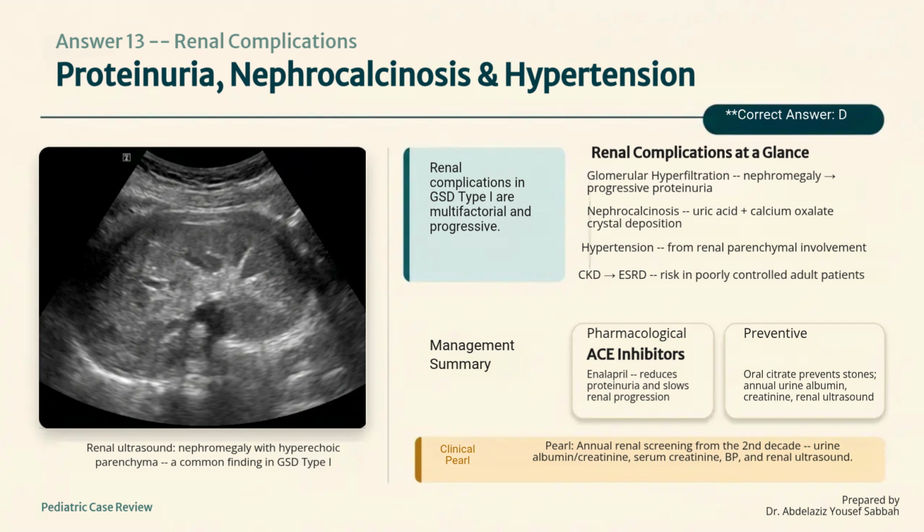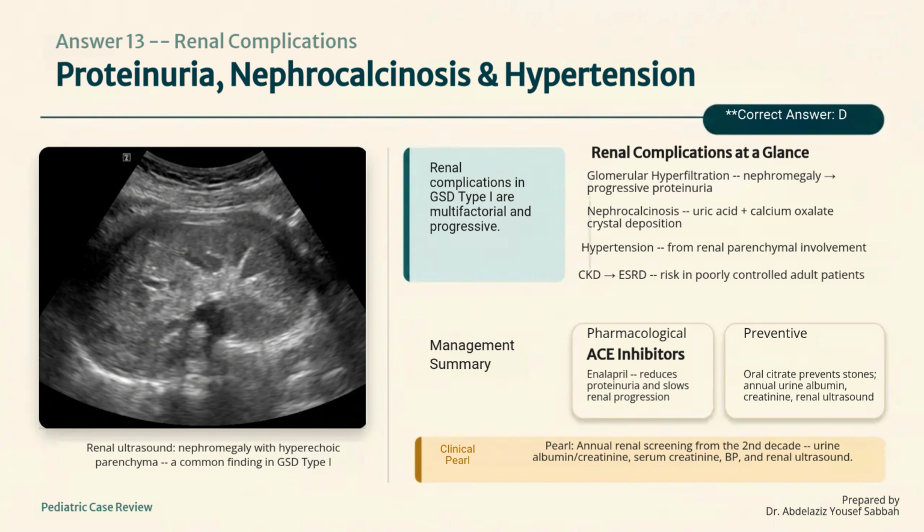and progressive renal insufficiency. The renal complications of glycogen storage disease type 1 are multifactorial and progressive. Glomerular hyperfiltration leads to nephromegaly and then progressive proteinuria. Nephrocalcinosis develops from uric acid and calcium oxalate crystal deposition. Hypertension arises from renal parenchymal involvement, and over time, in poorly controlled adult patients, chronic kidney disease can progress to